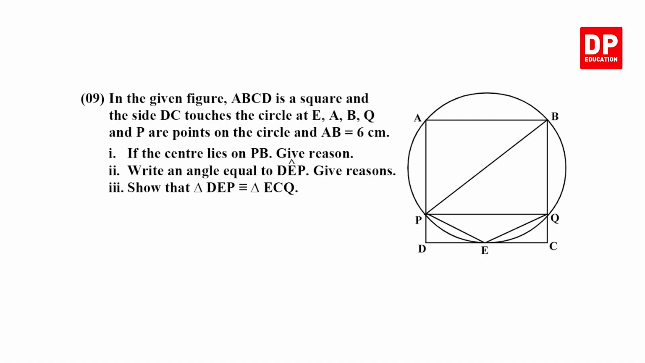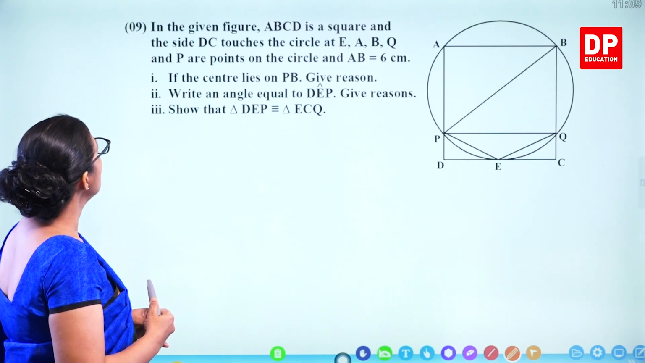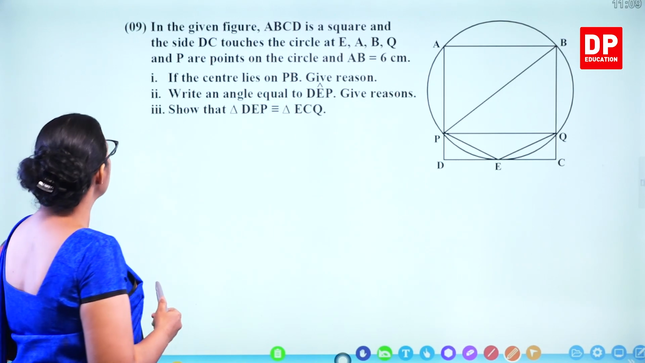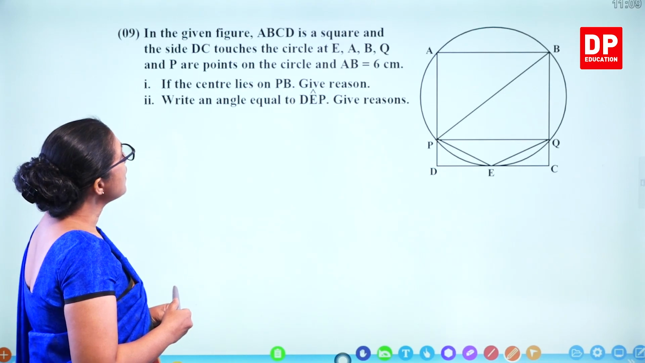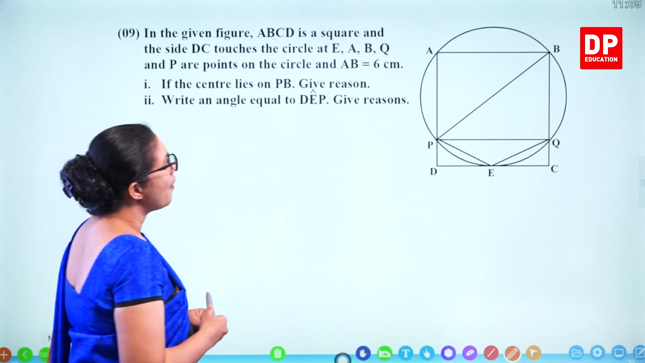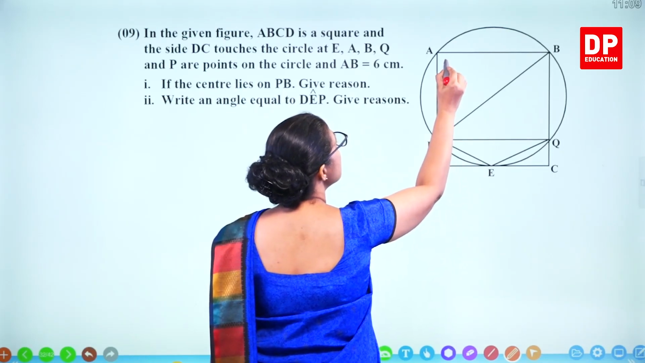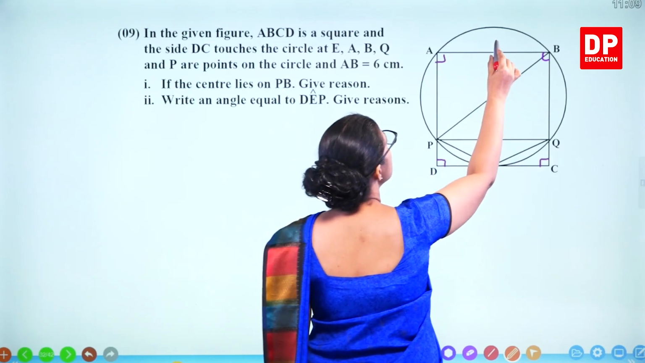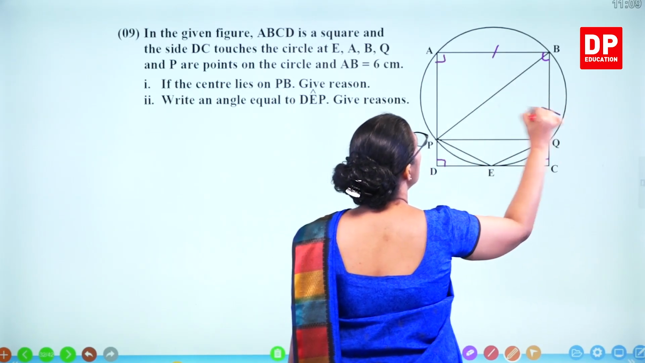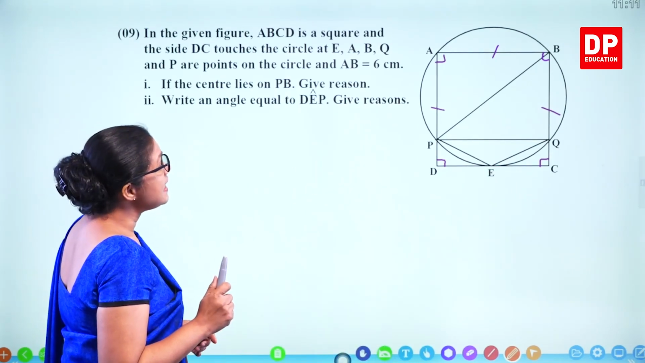Now you can try question number 9. That's about proving congruency. So you get 3 parts, and we'll do it step by step. In the given figure, ABCD is a square. ABCD is a square means all these angles are 90 degrees and the lengths are equal. This length is equal to this length. It says the side DC